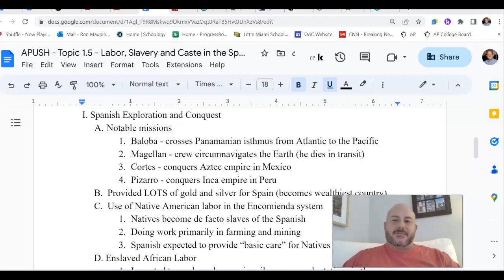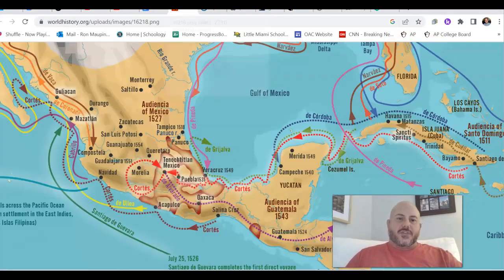Now, note, because of the success of Christopher Columbus in the 1490s, that is going to spark a boom in interest by other explorers, once again patronized by the Spanish monarchy, to explore other parts of what is now starting to be figured out, a new land, a new hemisphere. And so you're going to start to see some of these explorers become very famous for their endeavors, but also infamous because of their impact.